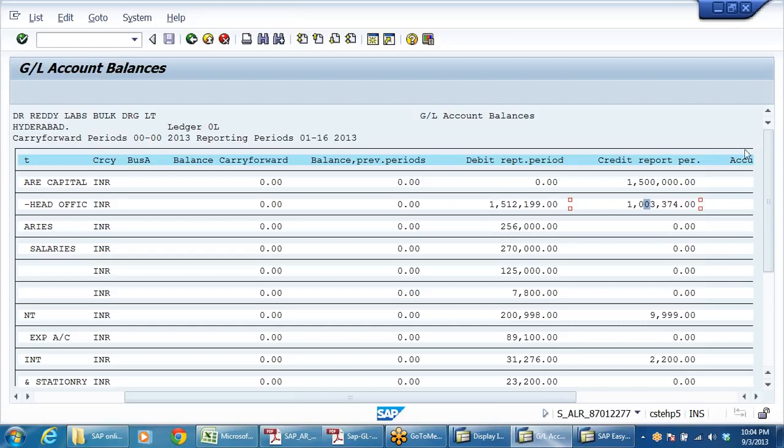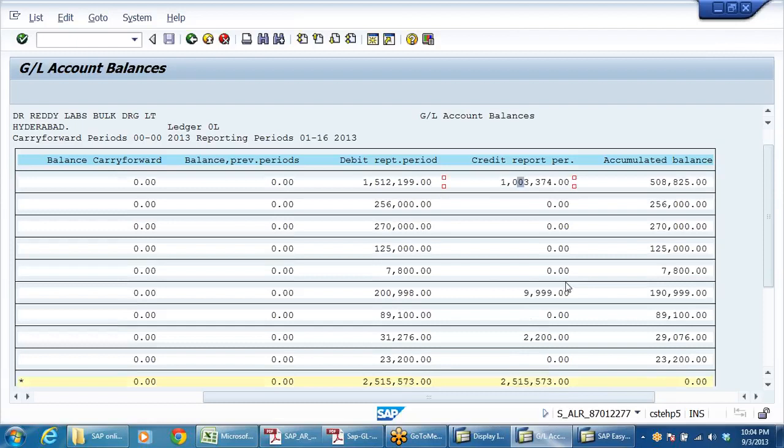So these are the account balances, debit balance and credit balance. Right, accumulated balance, the total, this minus this.